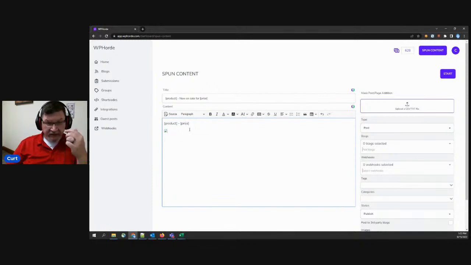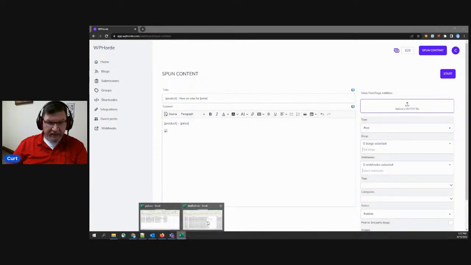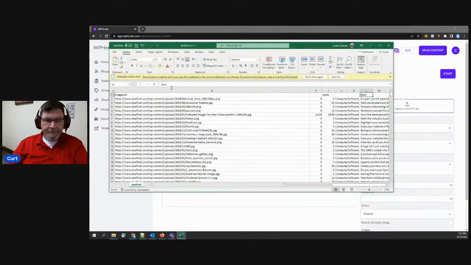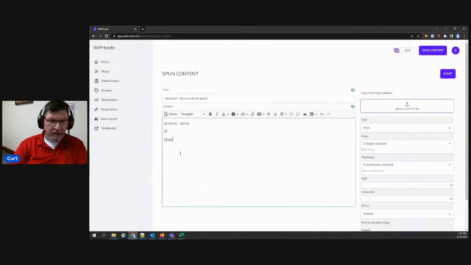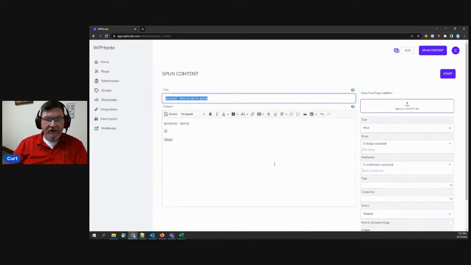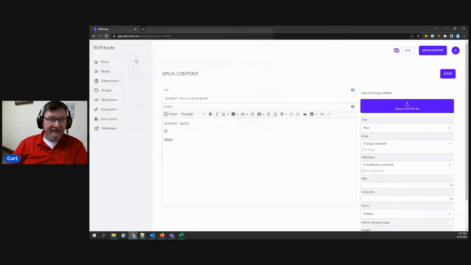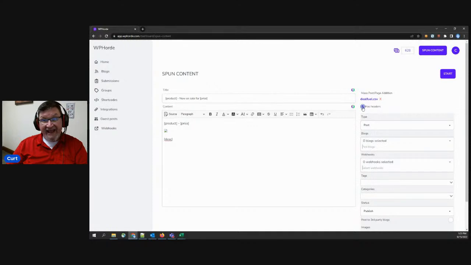After the image, we need to put something else on there. So let's go ahead and put description. So we have the product, the price, the image, the description. And then the title, there's the product, now on sale for, there's the price. We have all of this information available. So now what we have to do is select deal fuel, has headers,